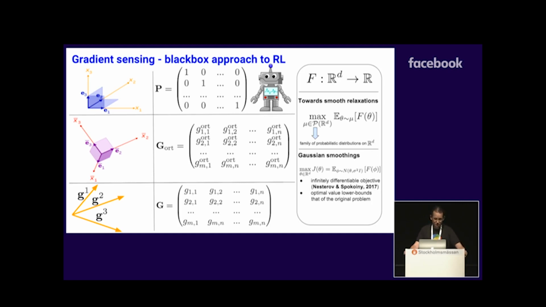So let's just note one thing: these Gaussian methods are related to something that we call the Gaussian smoothing of the black box function. So we do not really optimize the function itself, but a smoothed version of this function. And if we think about it this way, then the Gaussian methods, both our methods and the OpenAI methods, are basically unbiased Monte Carlo estimation of the gradient of the Gaussian smoothing of the function. And on top of that, we can use gradient-based methods to compute optimal policies. This is the case because the gradient of the Gaussian smoothing is given by this expectation right here in the blue box. So we can come up with Monte Carlo estimators.